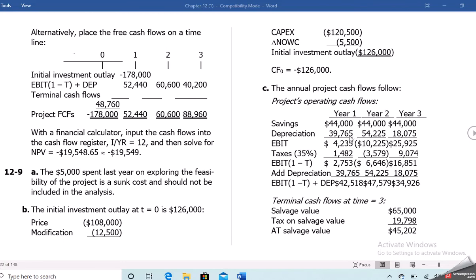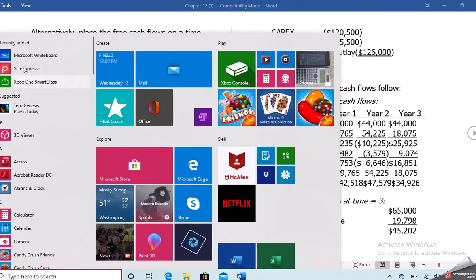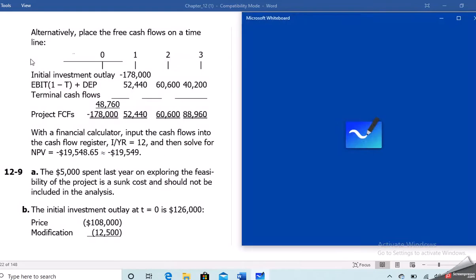Now we have to subtract from that savings our new depreciation. Our depreciation is going to be this $120,500 times the rates. So if we come over, we're going to take our